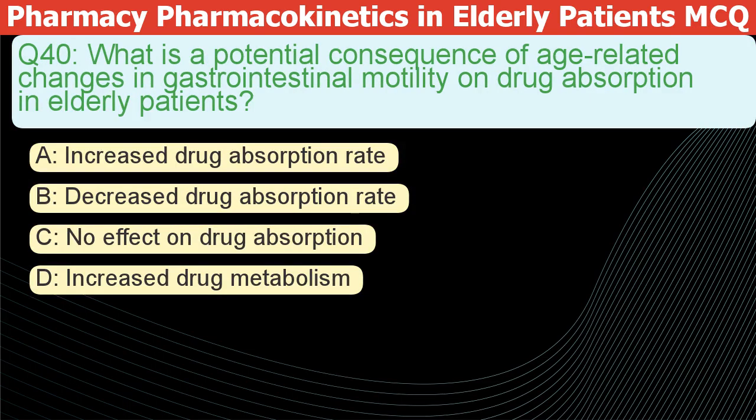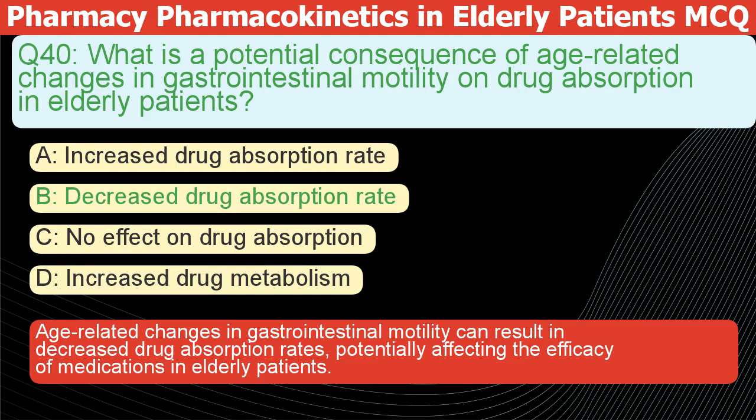What is a potential consequence of age-related changes in gut movement on how well elderly patients absorb drugs? A. Increased drug absorption rate. B. Decreased drug absorption rate. C. No effect on drug absorption. D. Increased drug metabolism. The correct answer is B. Age-related changes in gastrointestinal motility can result in decreased drug absorption rates, potentially affecting the efficacy of medications in elderly